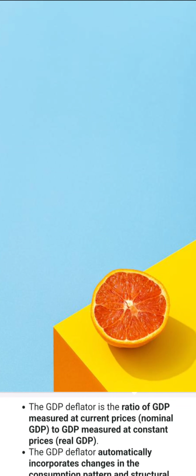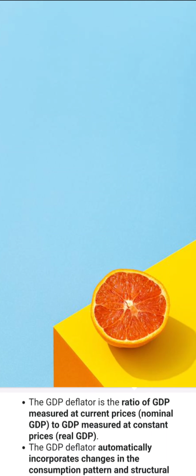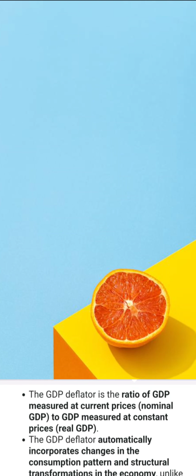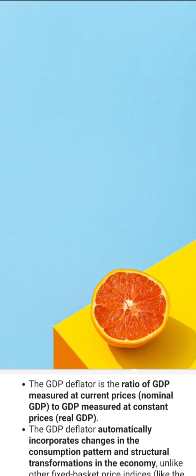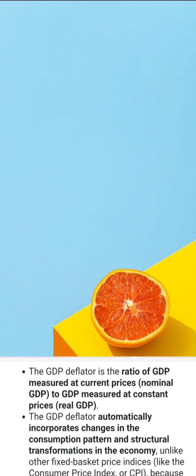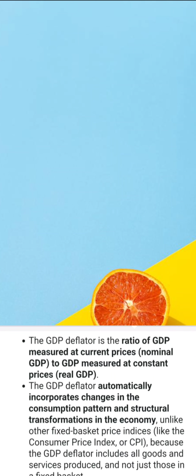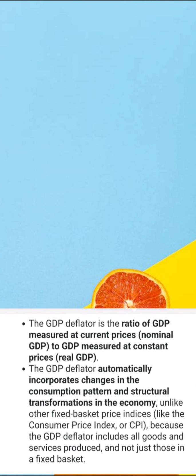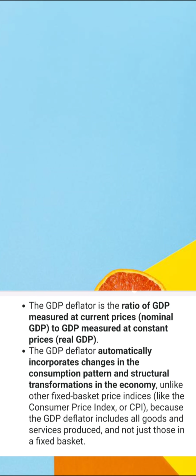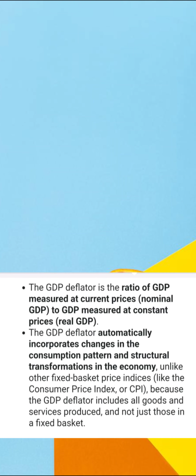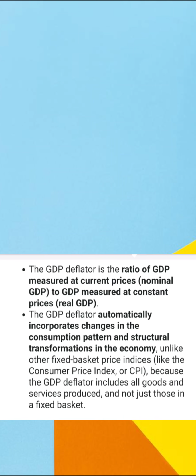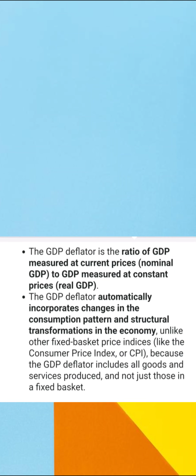About the GDP deflator and its uses. Key points. The GDP deflator is the ratio of GDP measured at current prices, nominal GDP, to GDP measured at constant prices, real GDP. The GDP deflator automatically incorporates changes in the consumption pattern and structural transformations in the economy,